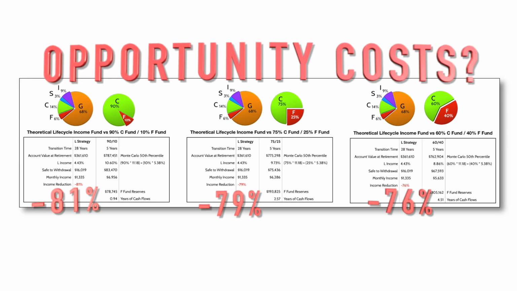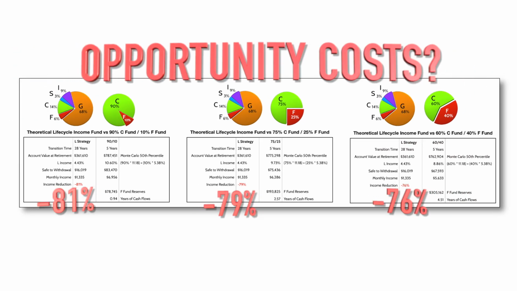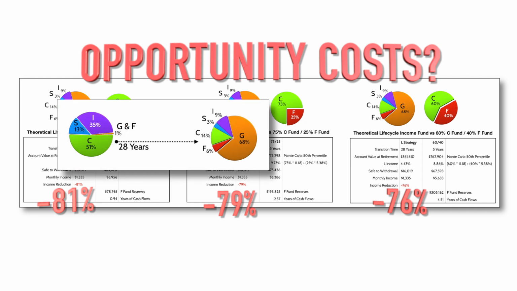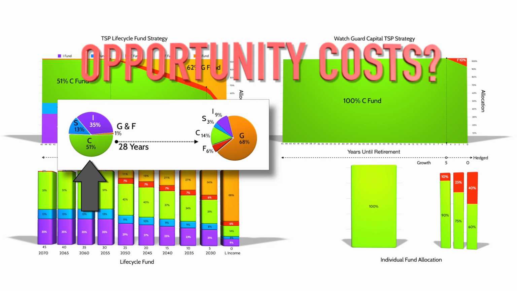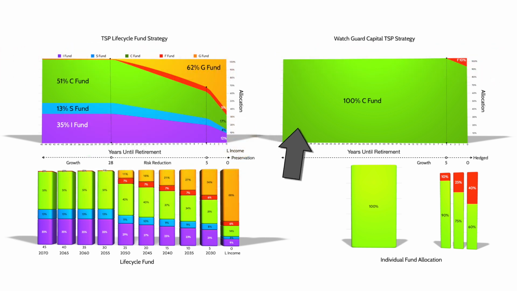So that is why I think that there is a greater than 70% opportunity cost in retirement income reduction when people use the TSP Lifecycle fund system and other 401k plan target date funds for that matter, and why I can't recommend them. Because the allocation mixes are rarely optimized and the funds start going too conservative way too soon, and why I recommend my clients use the C fund during growth years, and we'll discuss a proper retirement portfolio to shift to about 5 years out from retirement that considers their own risk tolerances and income objectives, which may or may not require allocating some space to conservative investments like the F fund.